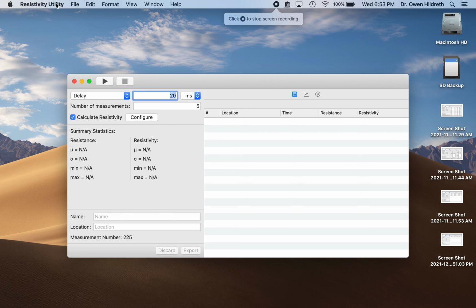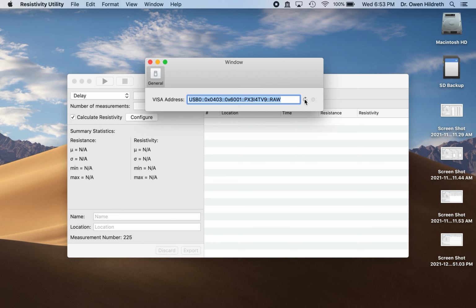A resistivity utility. It's some custom software we wrote using SwiftVISA as a backend to control our nano-voltmeter so we can collect 4-point probe measurements. We have the ability to go to our preferences, put in our VISA address for the piece of equipment. We hit connect. We wait for this green light to go through, and that means it's established connection with our